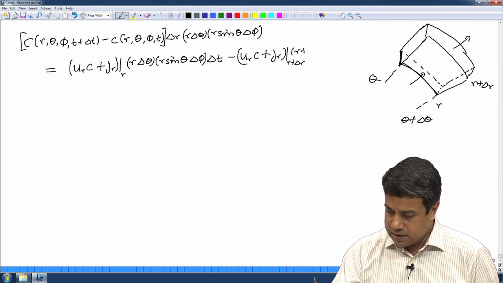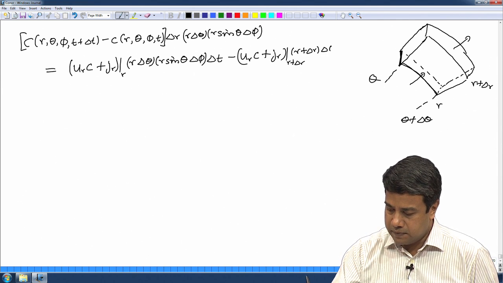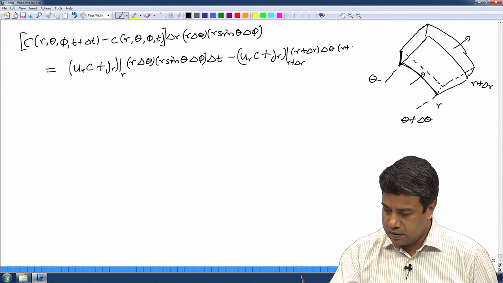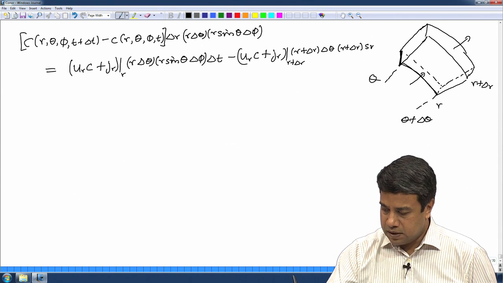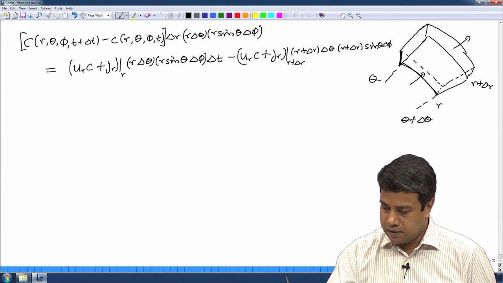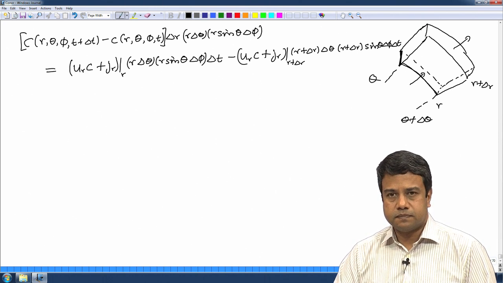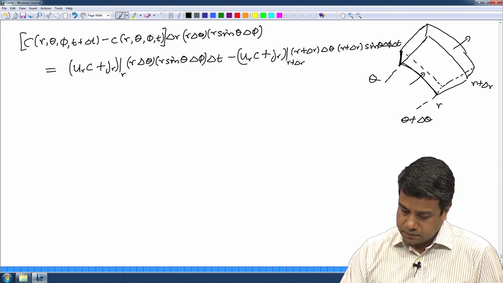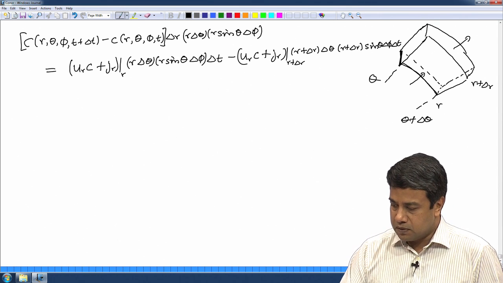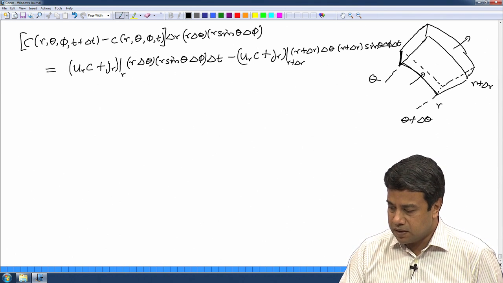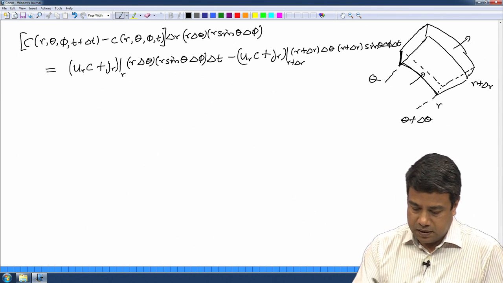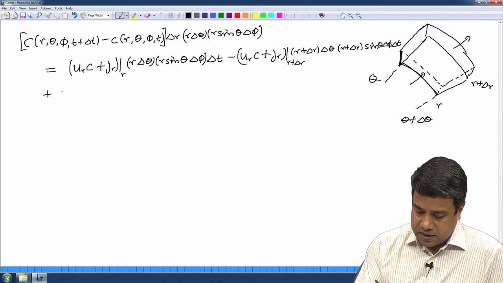And this is (r plus delta r) delta theta times sin theta delta phi delta t. Okay. So, those are mass in and mass out at r and r plus delta r, okay, plus mass in at